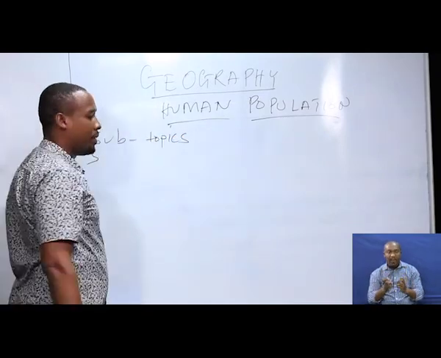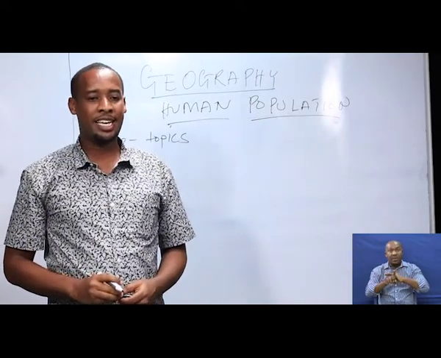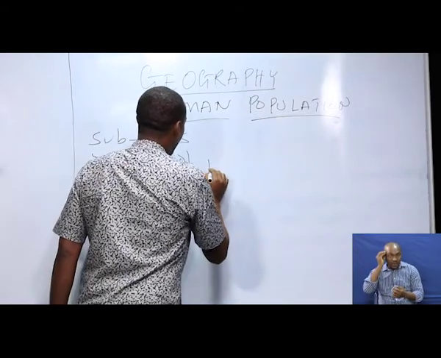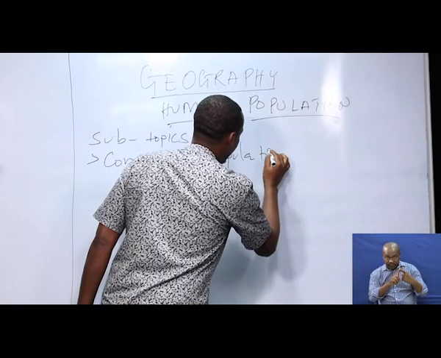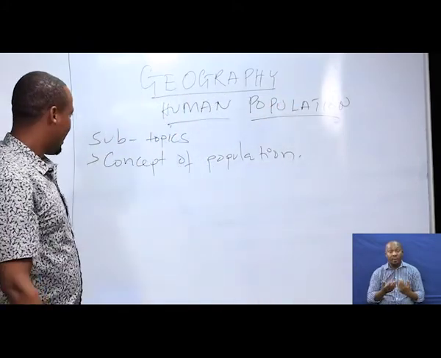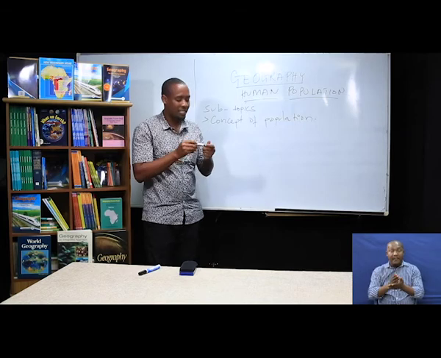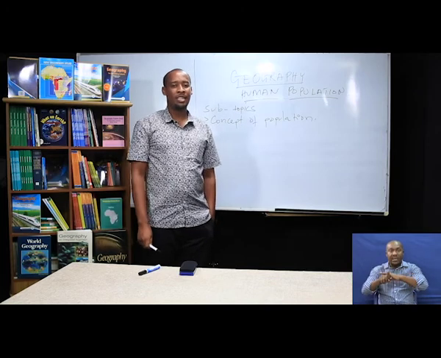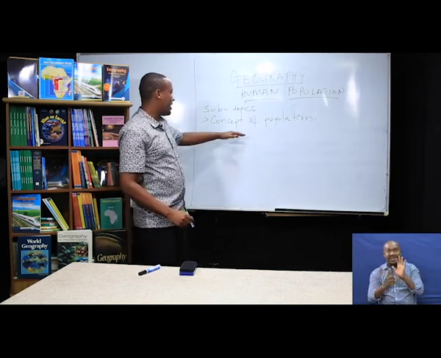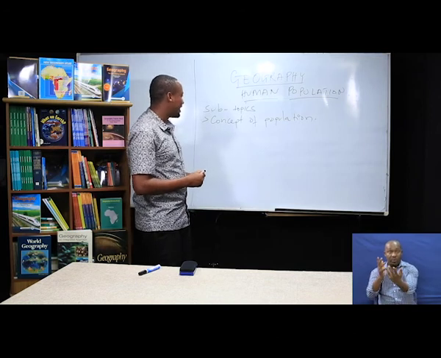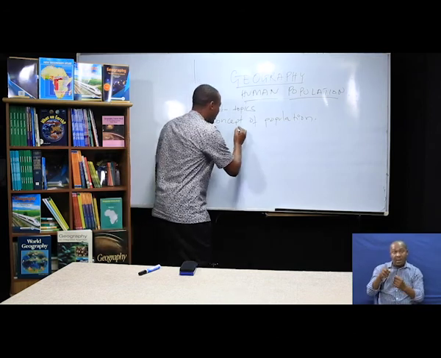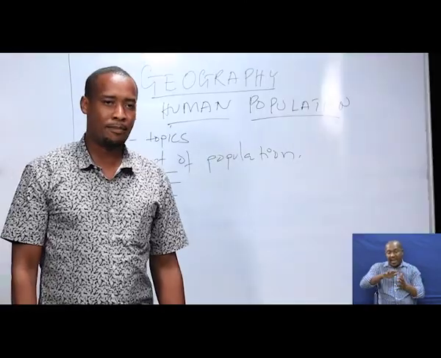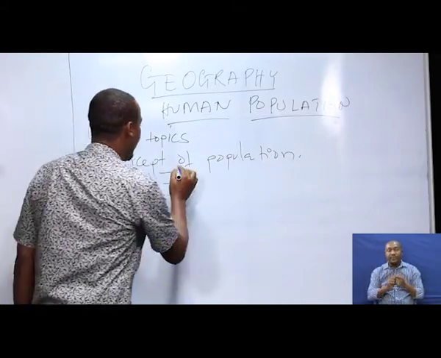The first subtopic within human populations is known as concepts of population. I said the topic is known as human populations, and within that we have 6 subtopics, which is very important to understand. Number 1 is the concept of populations, and within that concept we are supposed to deal with 3 main areas. Area number 1 within that subtopic is meaning